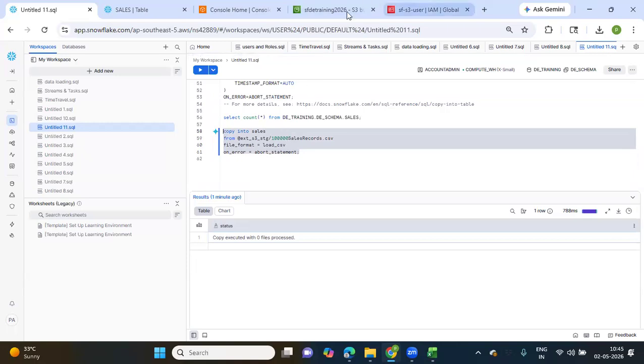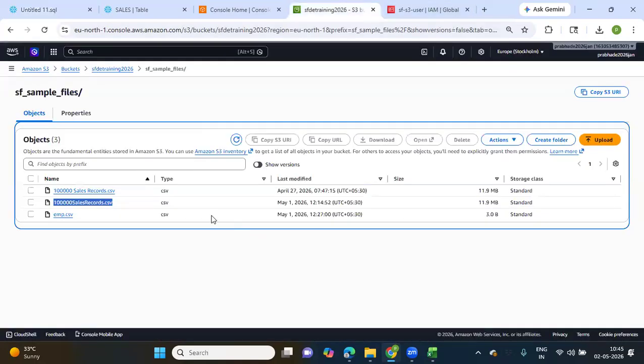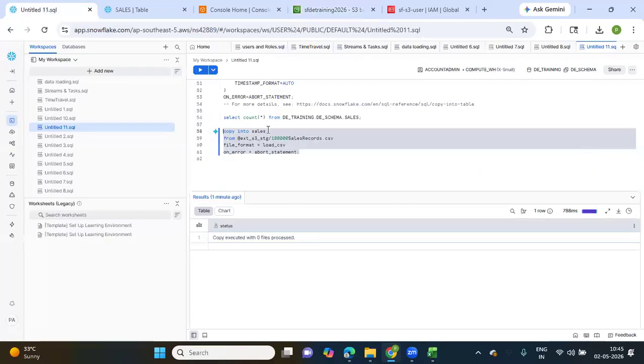Whenever I place a new sales file here, let's say in real time we will be getting this data every hour or every day. The new data will be there. So as soon as the data comes here, I need to copy that data into the table. I have to run this copy activity. That is like a manual operation, right? I don't want to do it manually